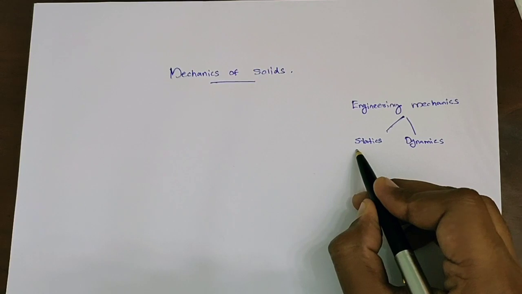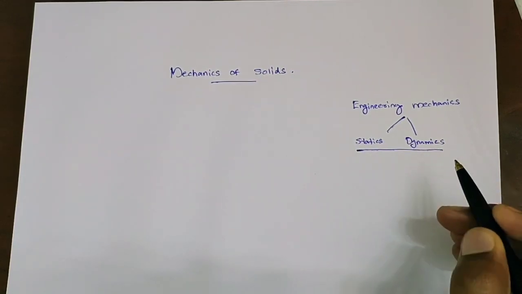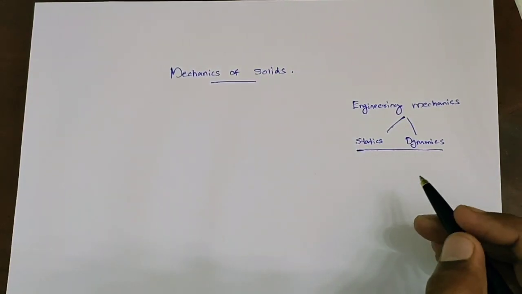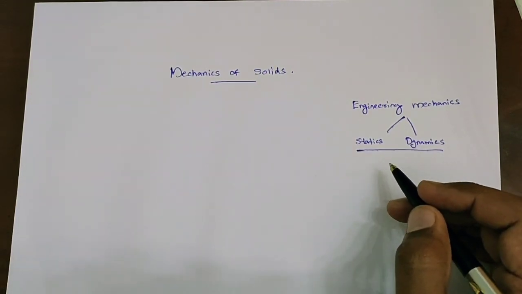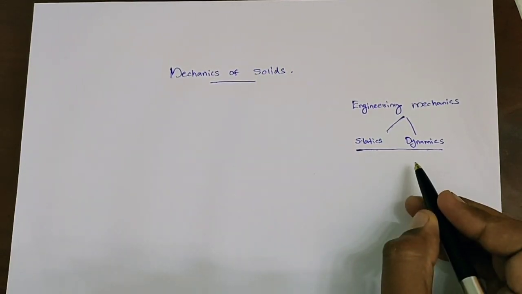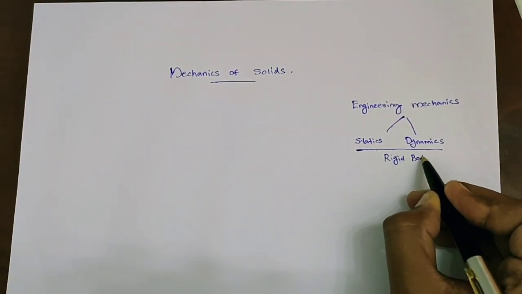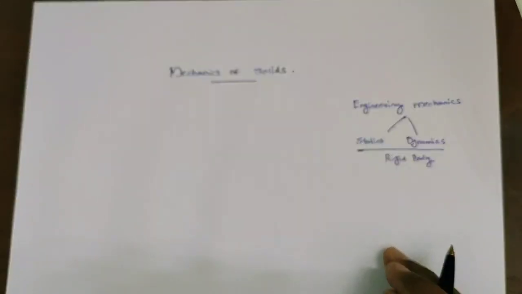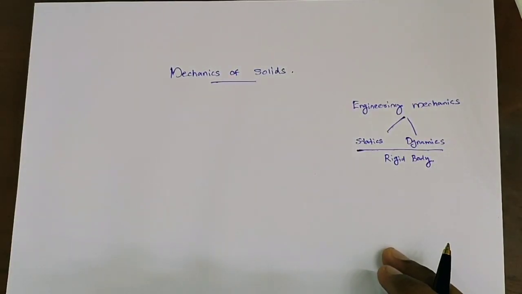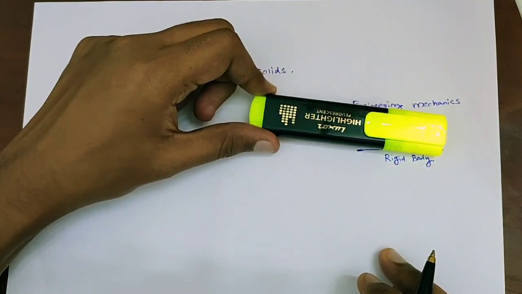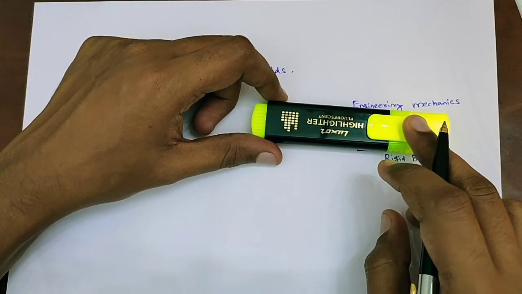So in statics and dynamics, you develop a relationship between force and external effects for a rigid body. And what is a rigid body? A body which does not undergo any deformation, that means change in size and shape on the application of external force, that is called a rigid body. So for example, if this body is a rigid body, when I apply a